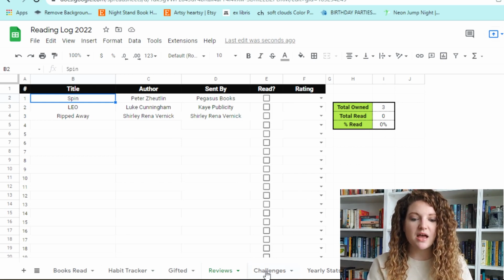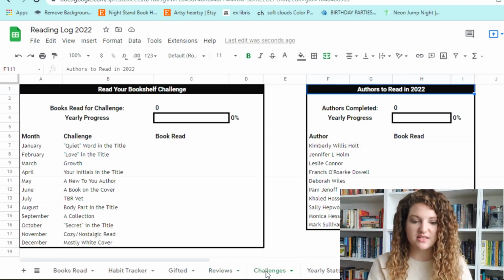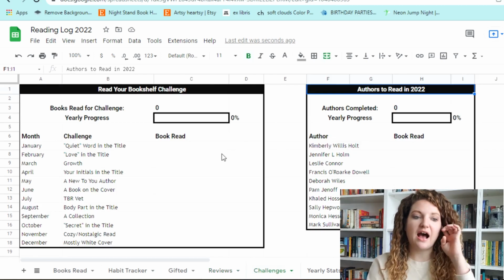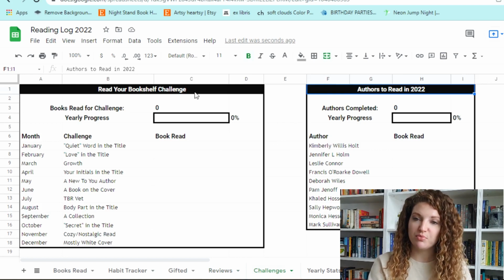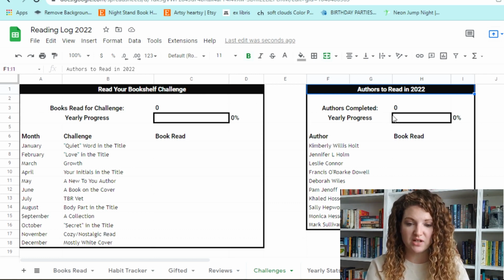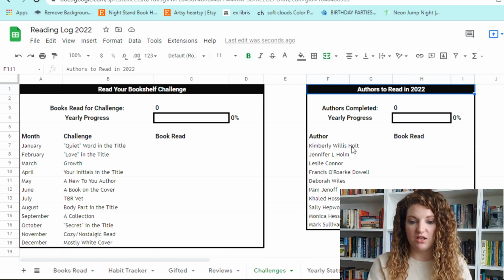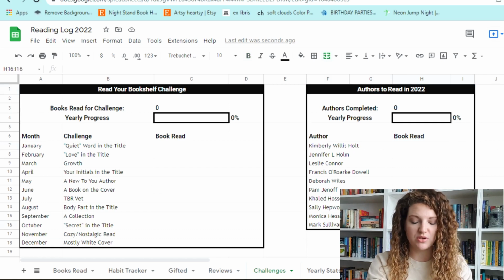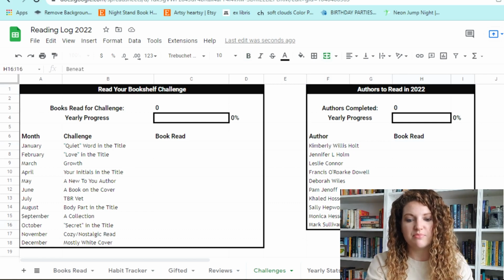This next tab I love. This is my challenges tab. So I have 2 different challenges that I made for myself this year. I have read your bookshelf challenge and the authors that I wanted to read in 2022. So I had a video that went up that was 10 authors that I wanted to read in 2022. I listed out all 10 of those authors here, and as I put in the book that I'm gonna read, so for instance, right now I'm reading Beneath a Scarlet